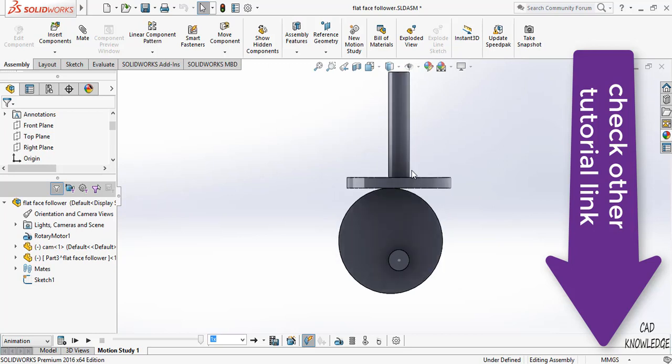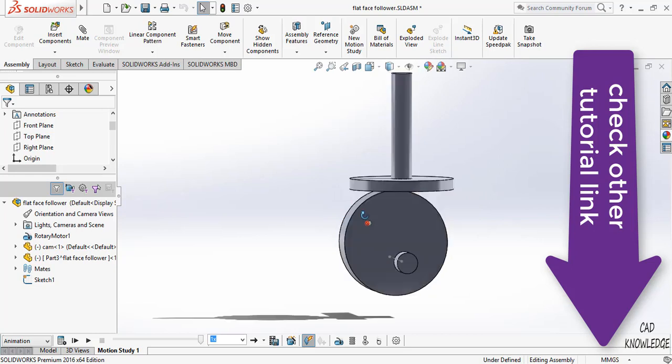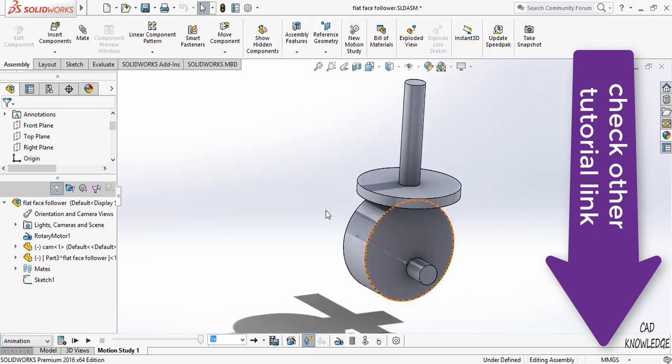A flat face follower can also be used where a spherical face follower is used, but a flat face follower produces more stress and strain as compared to the spherical face follower, and it is used when the pressure is low on the follower.